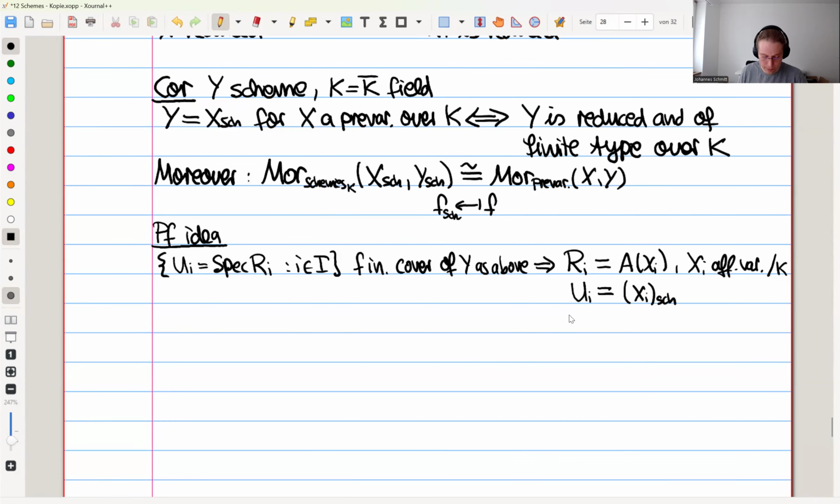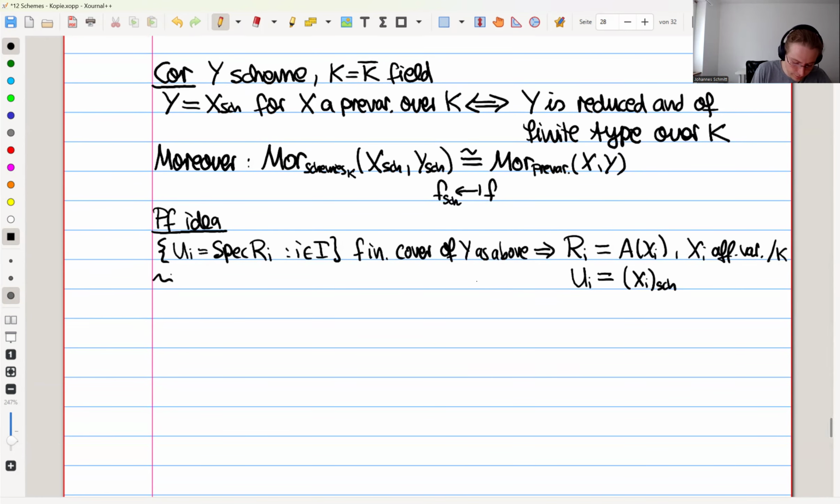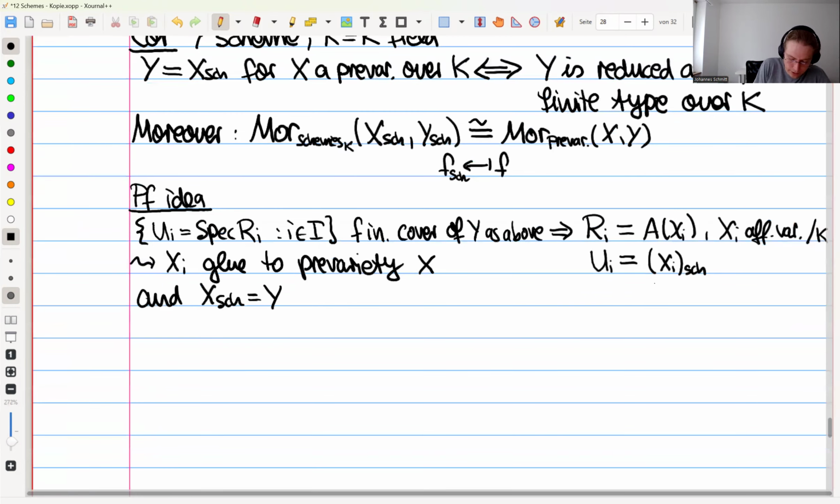They go to the right pieces covering Y, and then we'll just verify that these Xi glue together to a pre-variety X, because the Ui glue together to Y, and then using the same gluing maps, the Xi glue together to some pre-variety X, and the X scheme is equal to Y. So this is kind of the proof idea